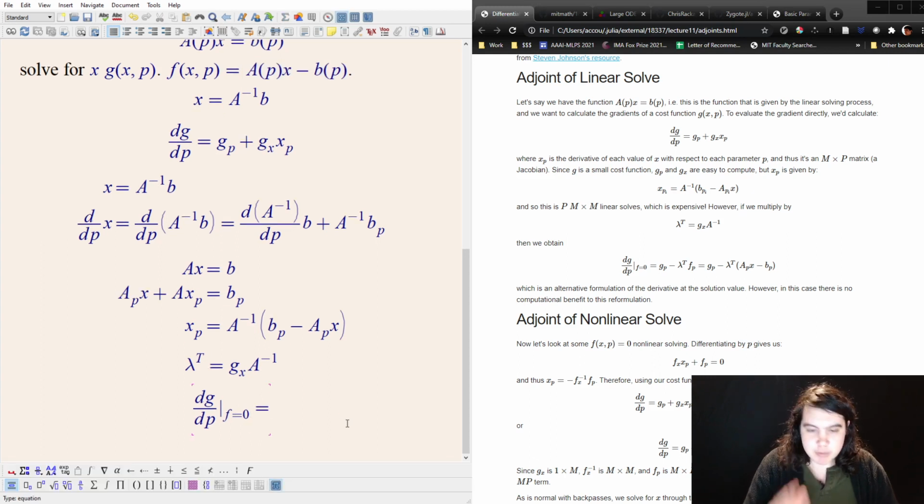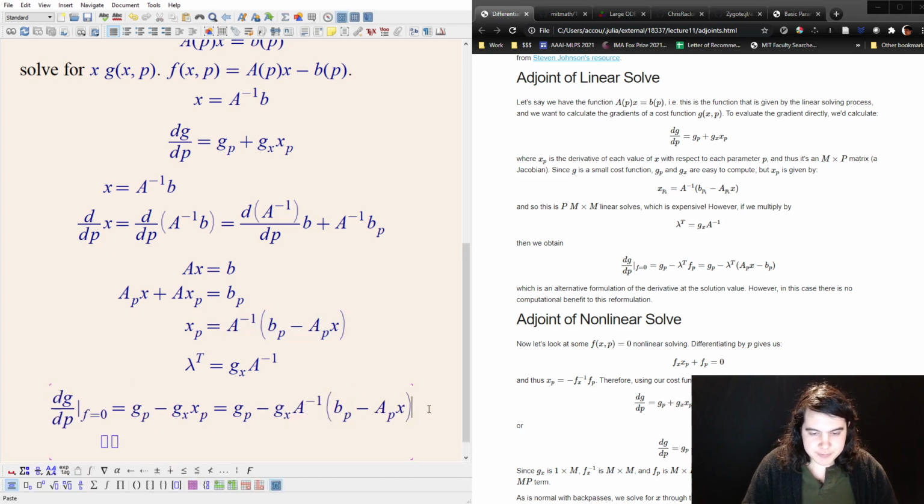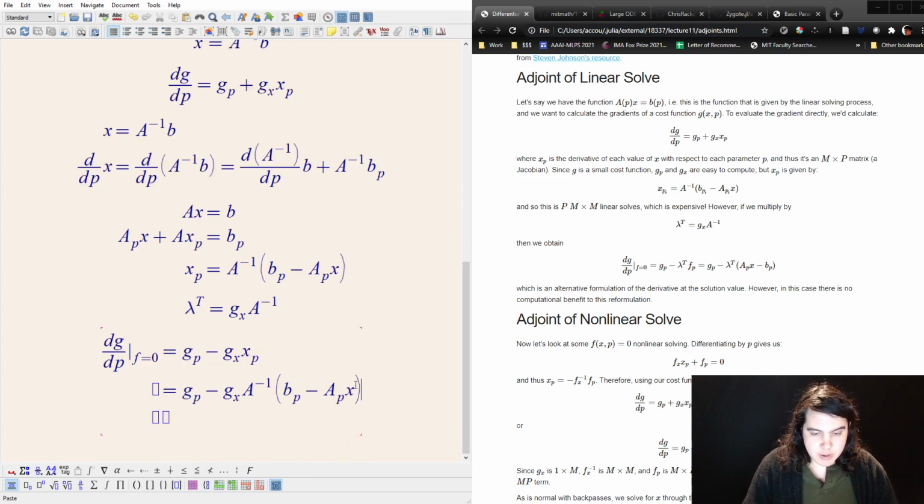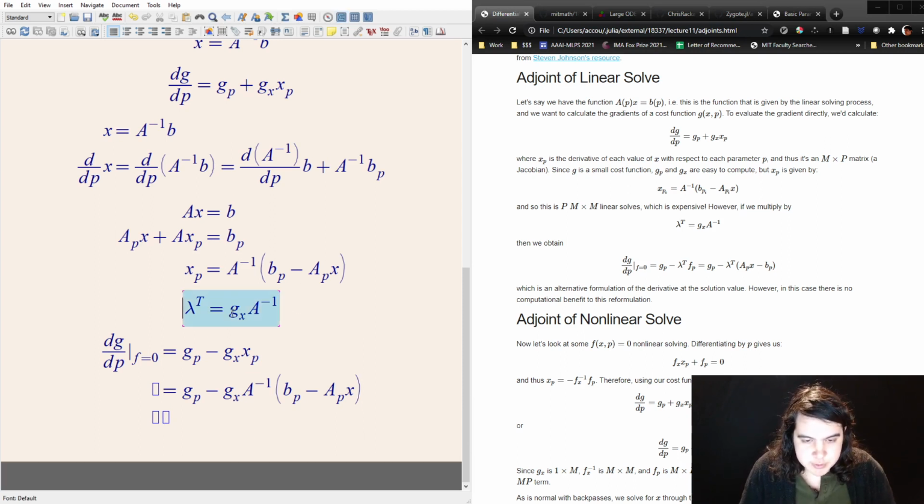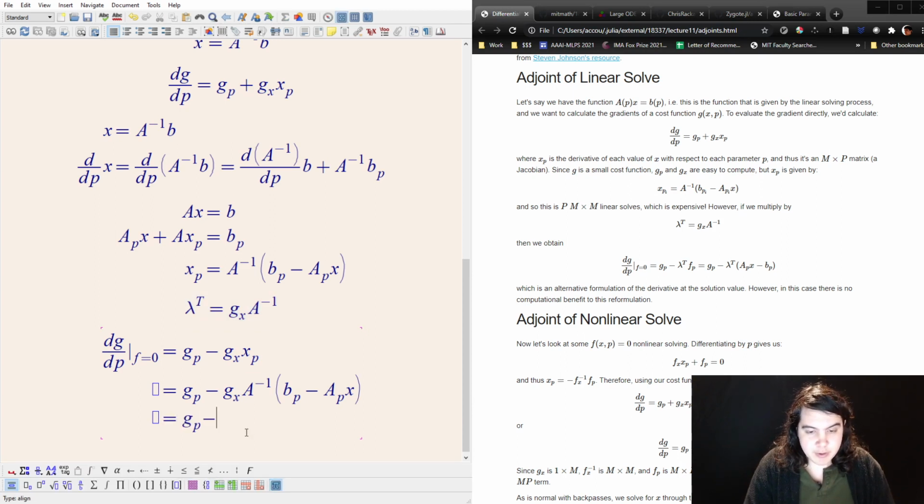So what we can do then is we can say, well, let's actually just write this out. So this is g sub p minus lambda. If we actually just write down dg dp and evaluate it at f equals 0, right? So what we get here is we have this g sub x, x sub p, where let's actually just plug right in what this x sub p is. We have g sub p minus g sub x, and then this old baddie. Let me move this down, actually. All right. So we got that whole bad boy there. And then now we're saying that we're going to make this be a substitution. And so we do g sub p minus lambda transpose times